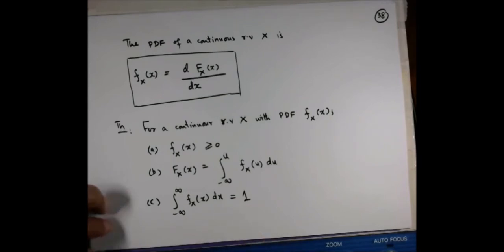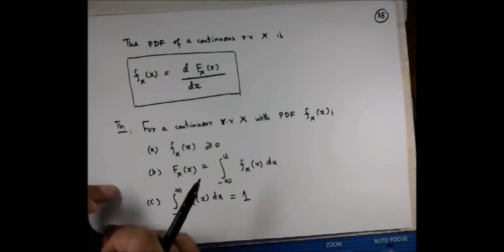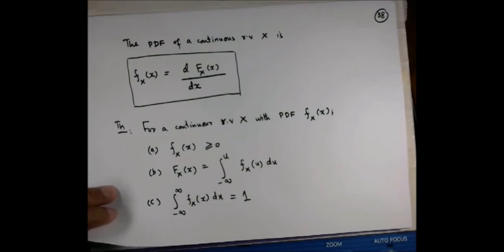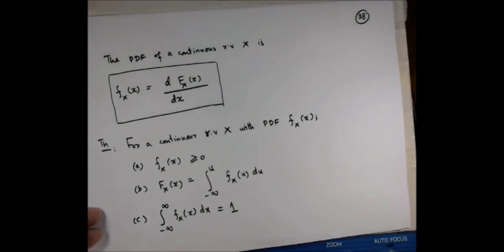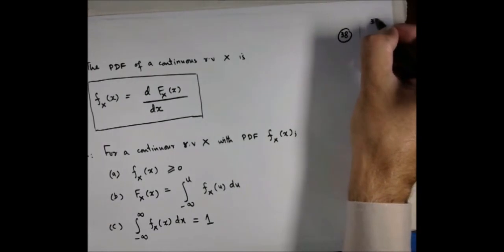I'll give you a challenging homework, not to be graded, but for your own understanding, to improve your understanding of continuous random variables. Please try to prove this. This is a little challenging at this particular stage, but if you try this, you will have more insight into the concept of continuous random variables. I'll move on.